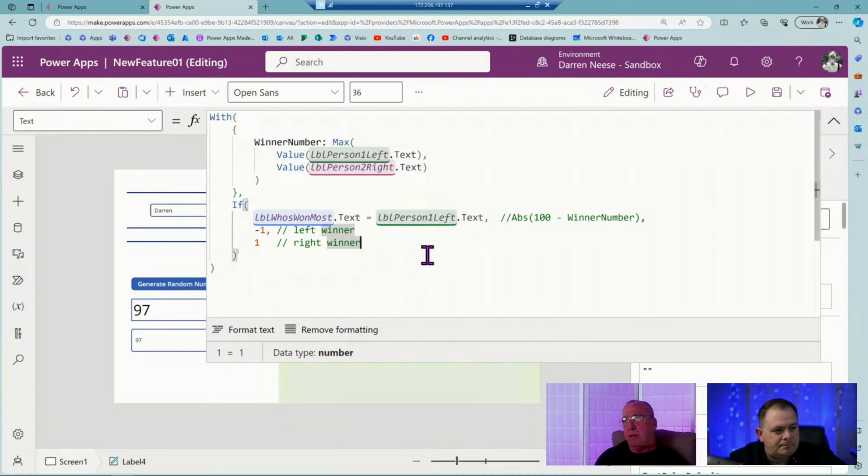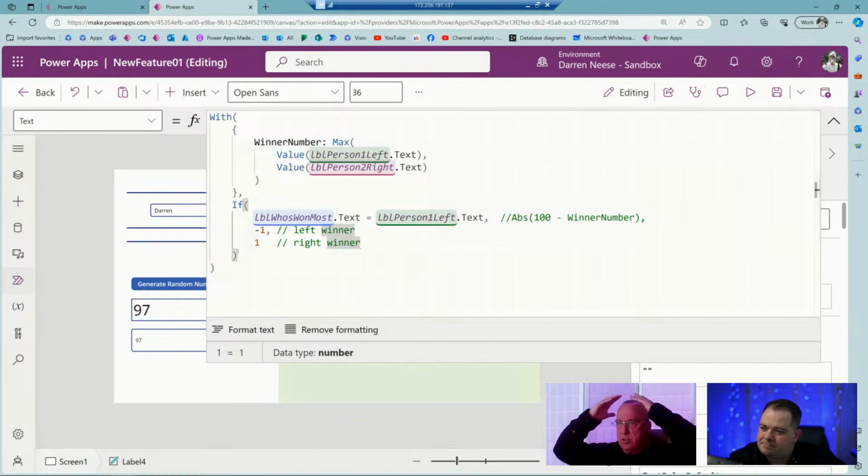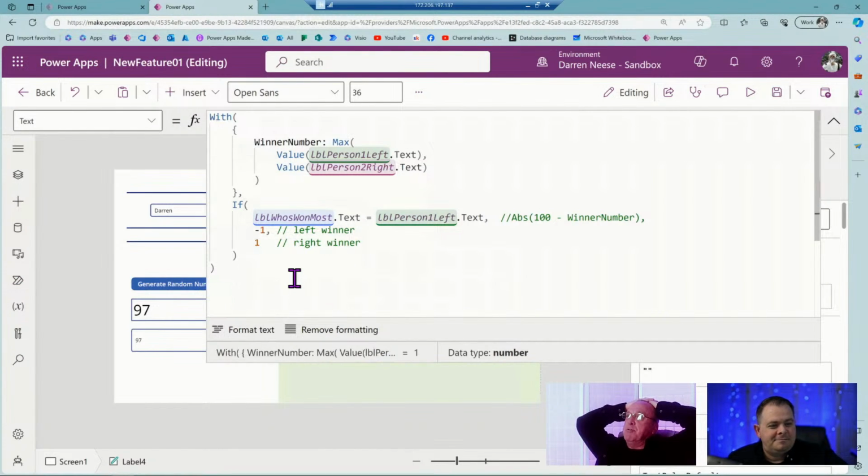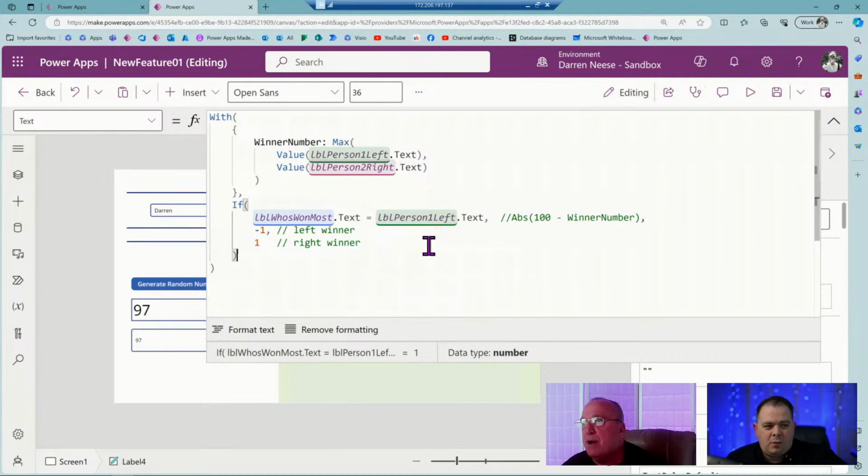So if it's from the left, if it's person left, I think I got that backwards, Darren. I think person right, because we're going to be subtracting from 100. If it's person right, we're going to be adding from person left. So change that person left to person right up there. Not there. In that if for the -1. You understand where I'm getting at with that -1?